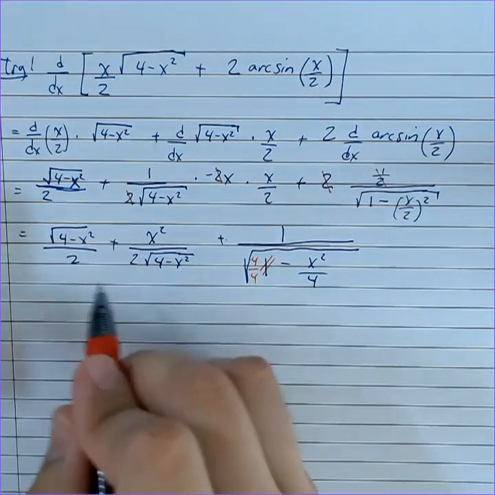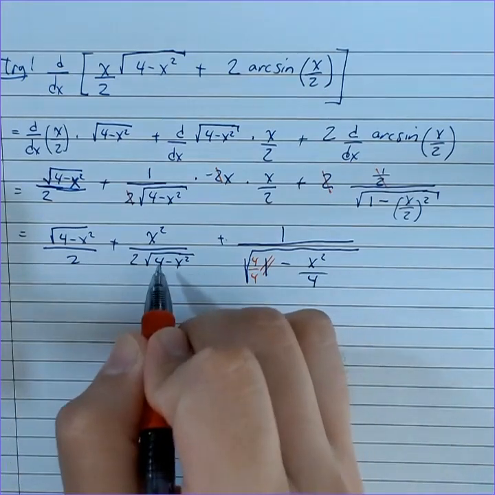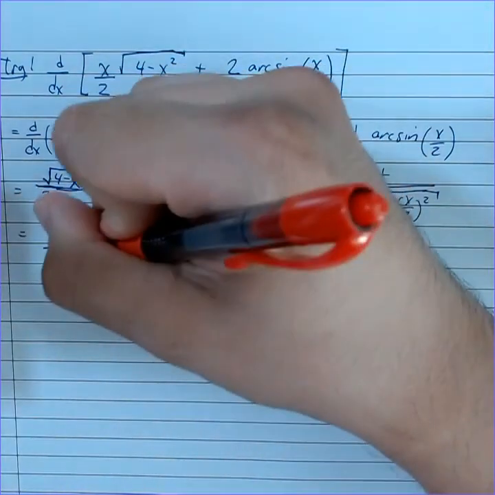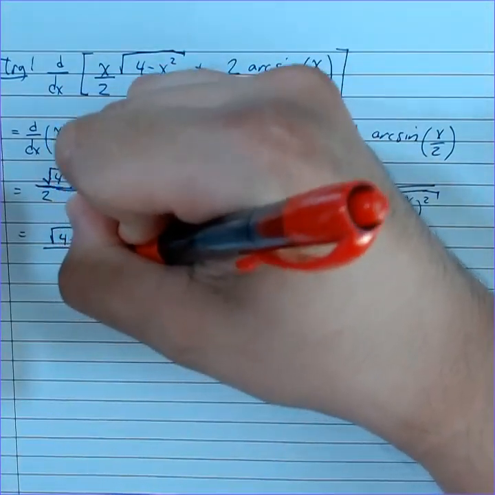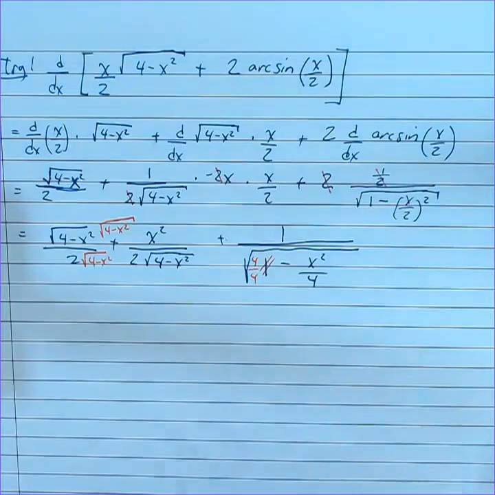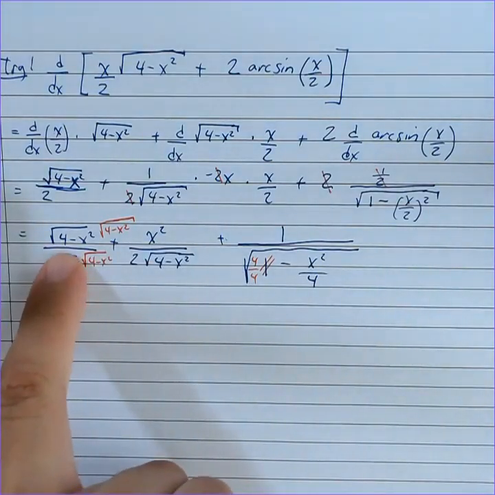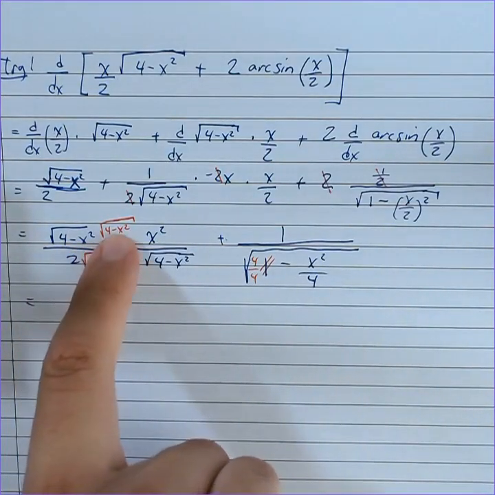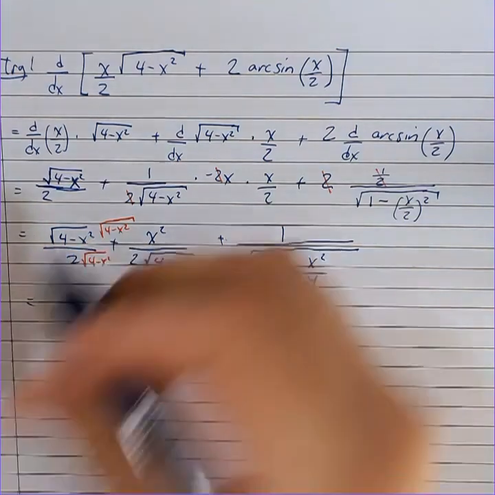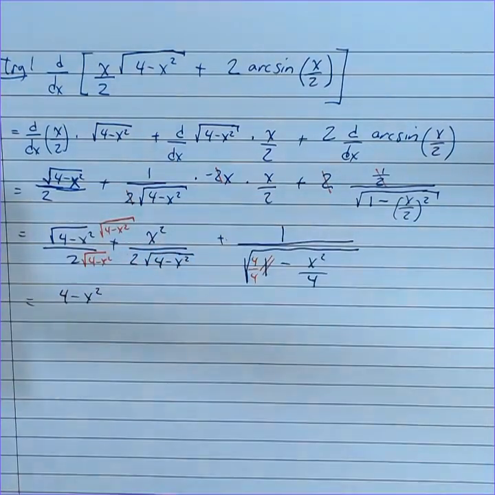I also notice that these two almost have a common denominator. If I just multiply that by the square root of 4 minus x squared here on top and bottom, so let me go ahead and do that as well. Square root of 4 minus x squared, square root of 4 minus x squared top and bottom. Okay, so right here, that's going to be, well, square root of 4 minus x squared times itself. Or in other words, square root of 4 minus x squared squared. Well, then the square and the square root are going to go away, and I'm just left with 4 minus x squared